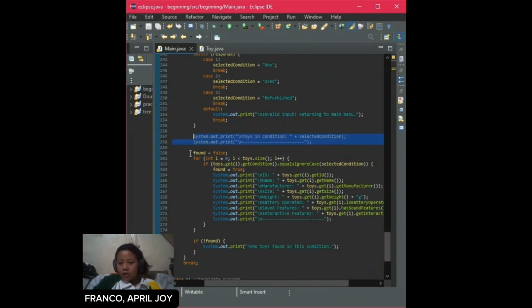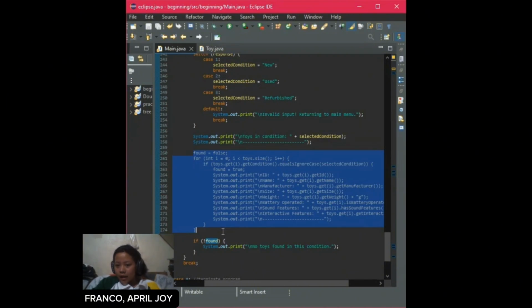Next one is the lines of code: found equals false, for int i equals 0, i less than toys.size(), i plus plus, if toys.get(i).getCondition().equalsIgnoreCase(selectedCondition), found true, System.out.println ID plus toys.get(i).getId, name plus toys.get(i).getName, manufacturer plus toys.get(i).getManufacturer, the size, the weight, the battery operated, sound features, interactive features.